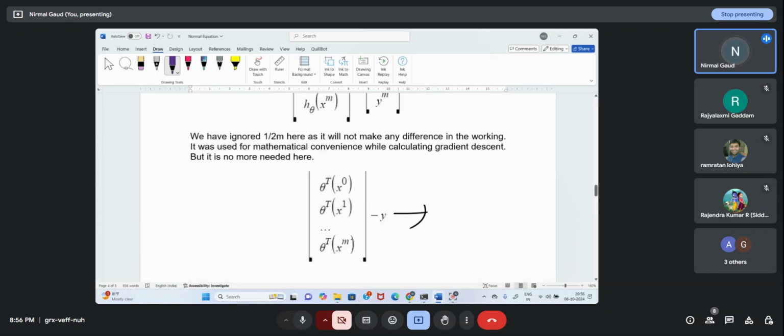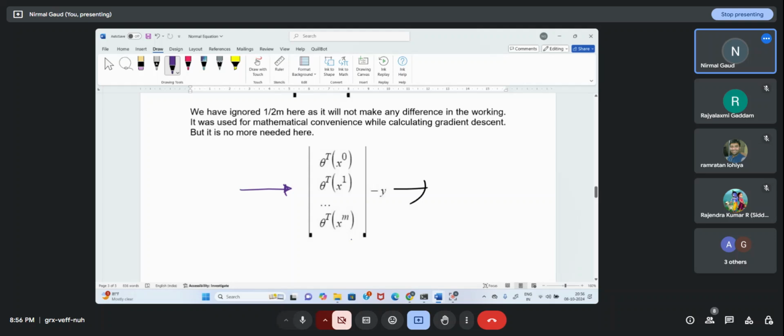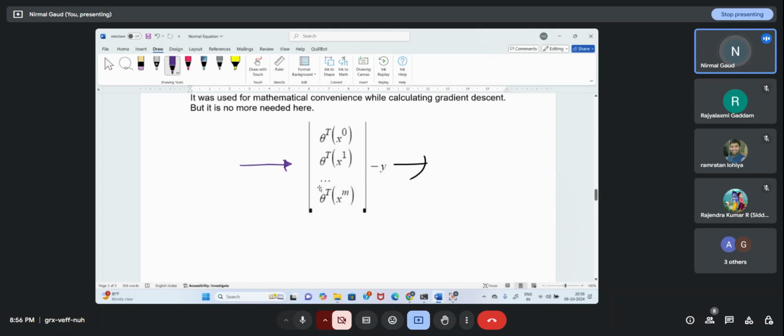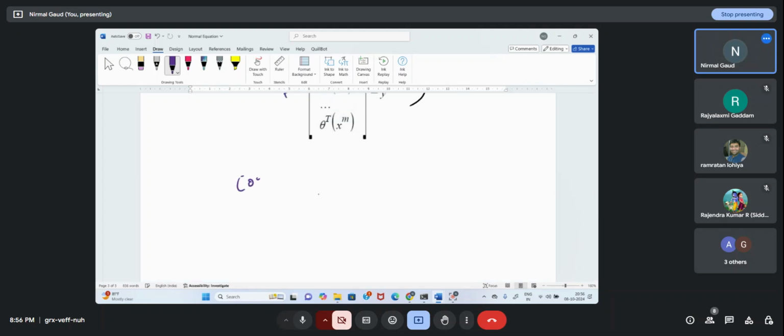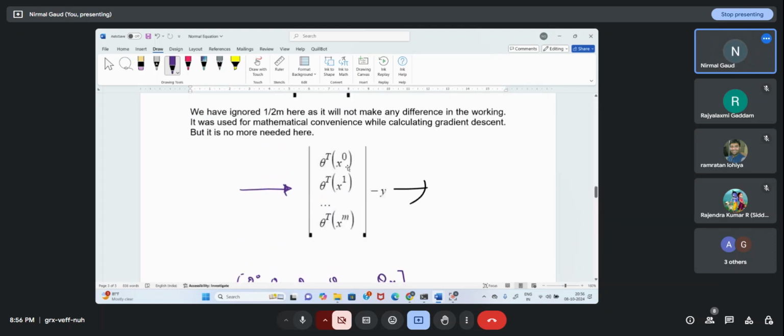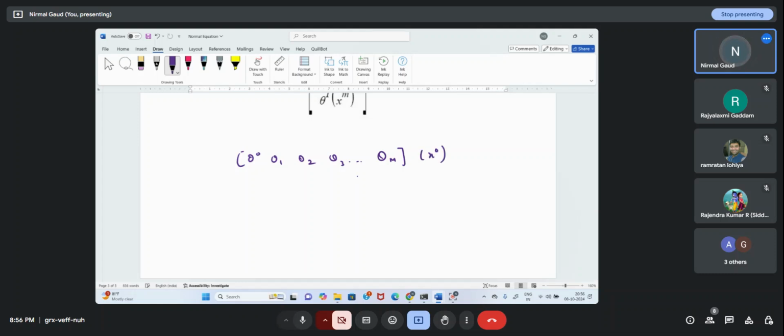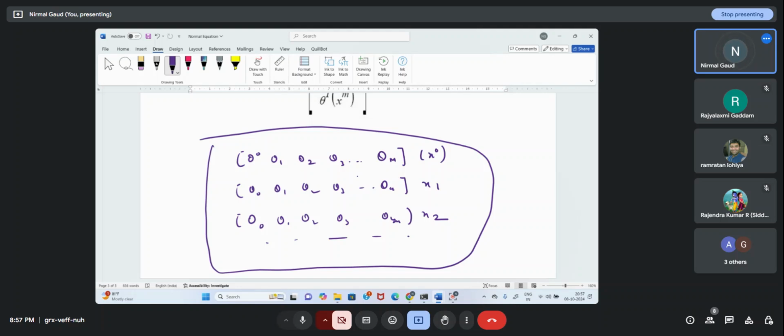Okay, so you expanded this thing. And x transpose, theta transpose, sorry. So theta transpose, there is a multiplication happened. What was theta transpose? Theta transpose was theta naught, theta 1, theta 2, theta 3, up to theta m. Then you are having multiplication with x0. Then again theta naught, theta 1, theta 2, theta 3, up to theta m, multiplication with x1. Then again theta 0, theta 1, theta 2, theta 3, theta m, multiplication with x2, and so on. So this thing is being performed, and then after performance,